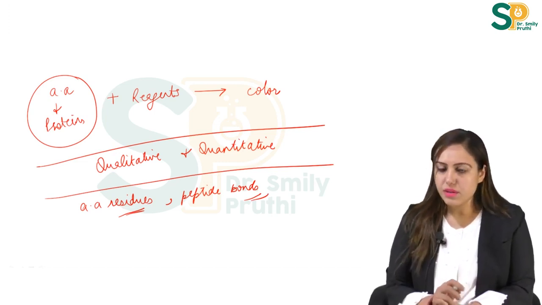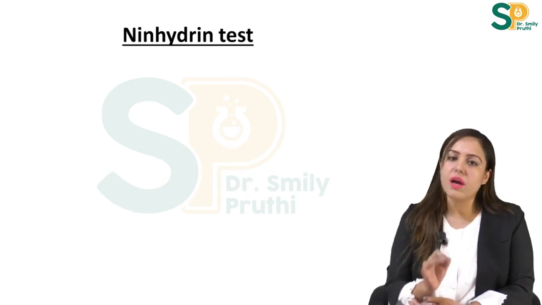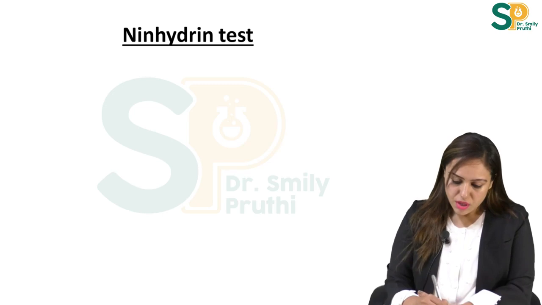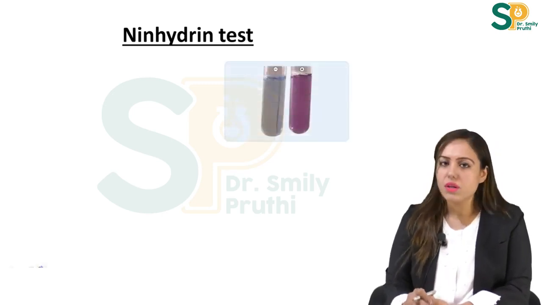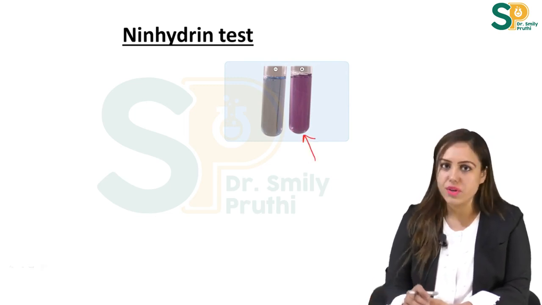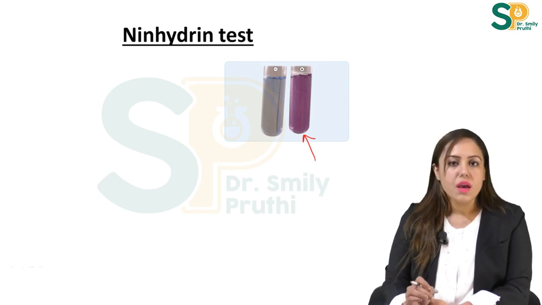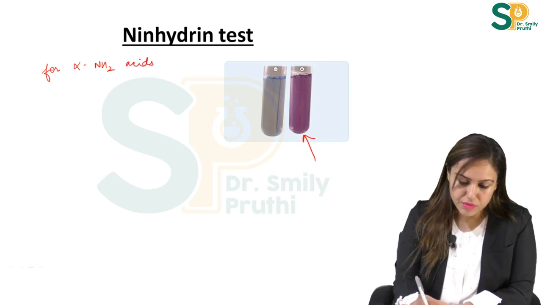So let's get started. The first one, basic one, is Ninhydrin test, and this test gives positive color as purple, right? Purple color is the positive Ninhydrin test, and this test is for alpha amino acids,